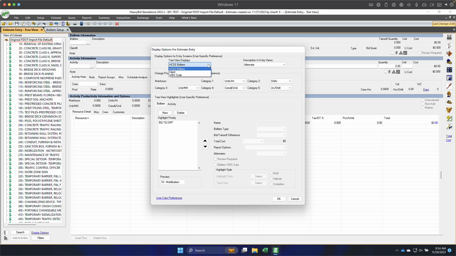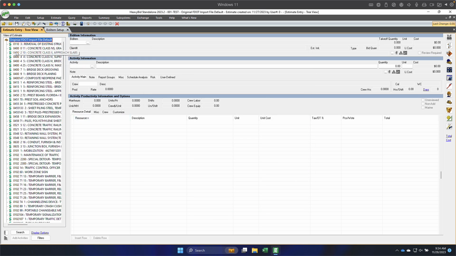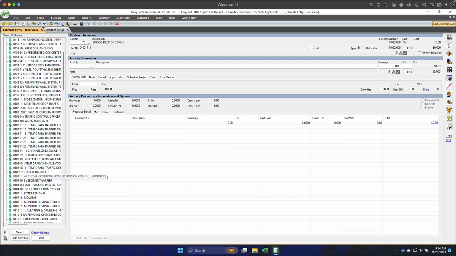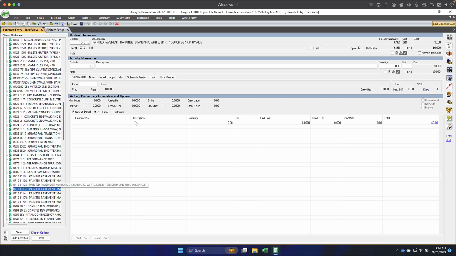And if you want, you can also go with the client bid item, which is the DOT. I'll show you what that looks like, and there you go over here in the view side of the screen. Now if I click on this, let's go down to, again, our striping, and you can see here at the top I have the full description right there. However, the issue is when I come to the quote folders, or